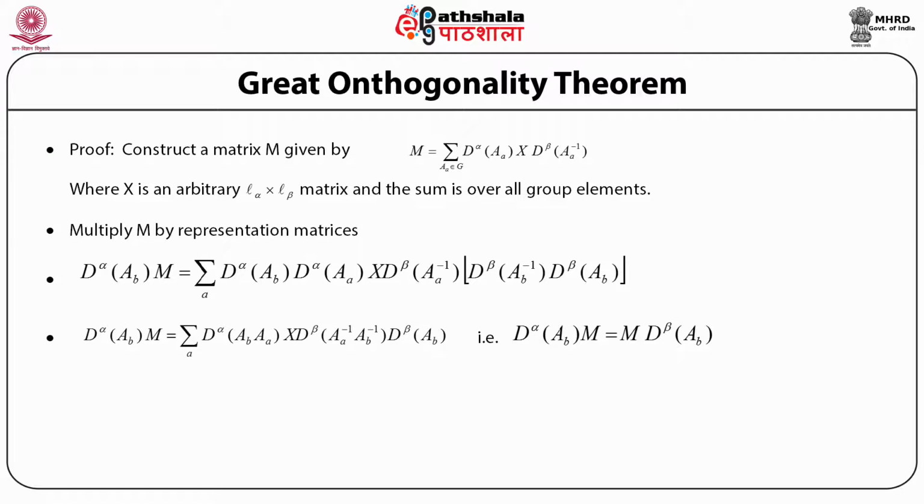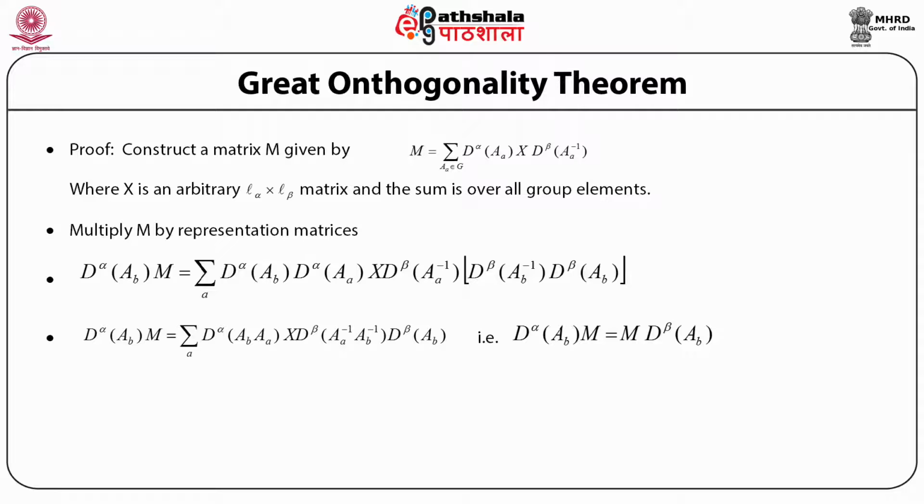So D alpha is a representative matrix of order L alpha, and D beta is a representation matrix of the inverse of the same element, which is of order L beta. Multiplying this expression, M is equal to sigma D alpha(A) X D beta(A inverse), by the representation matrices, we get D alpha(B) M is equal to sigma over A D alpha(B) D alpha(A)